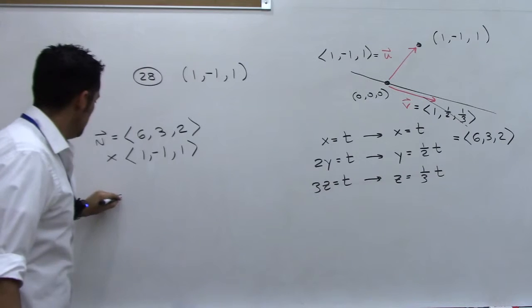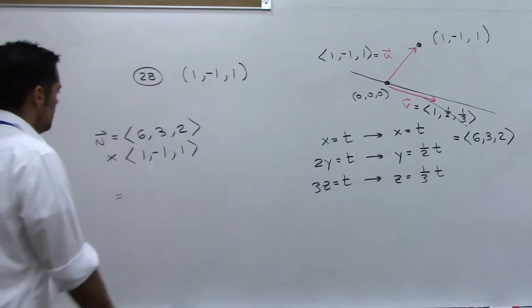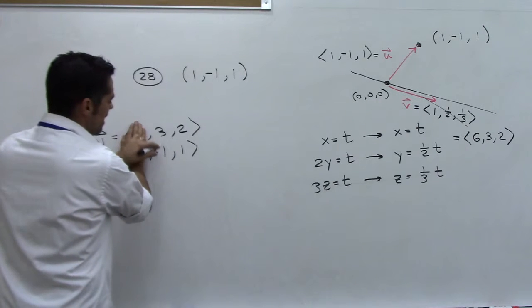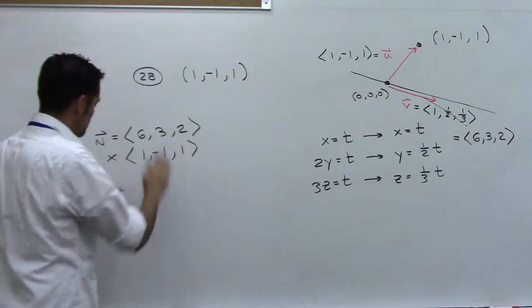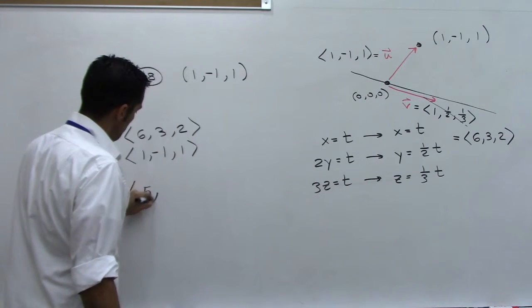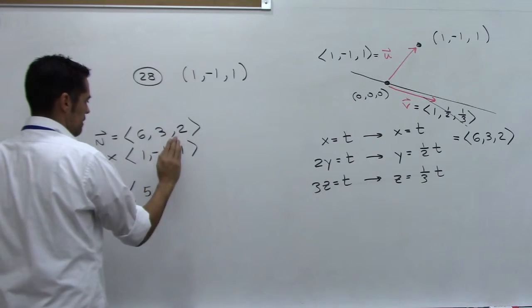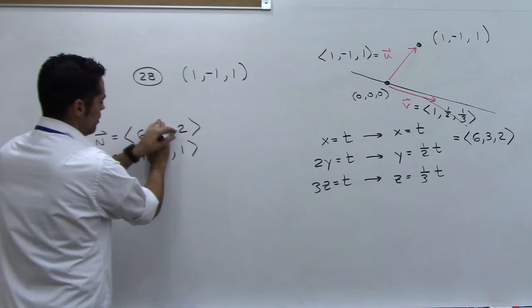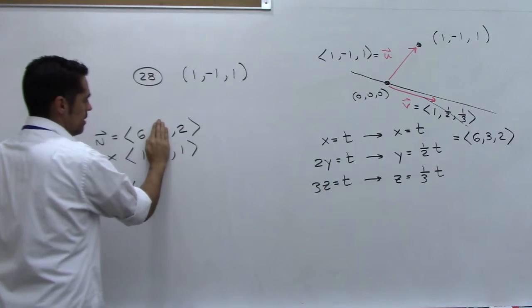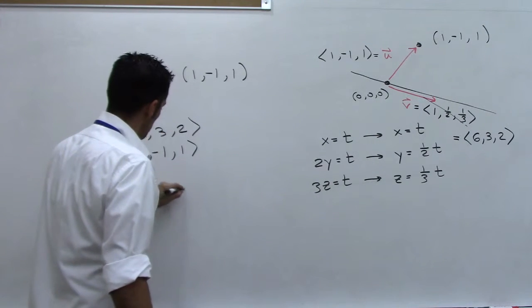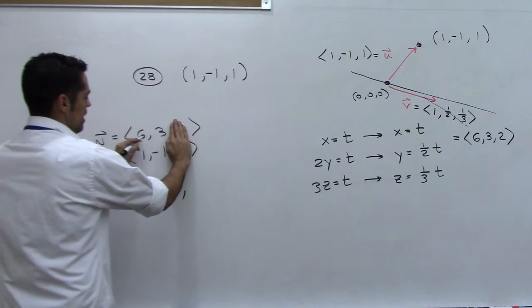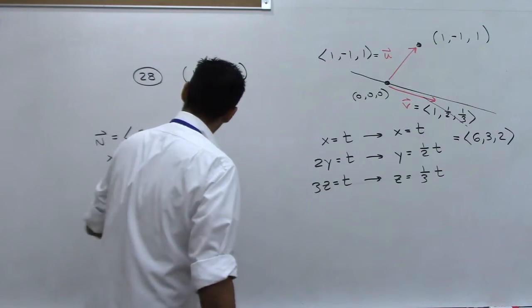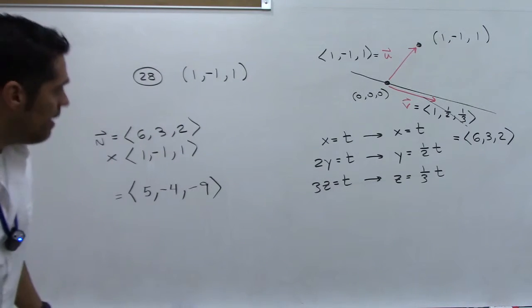And that will be equal to, let me take my time here. I'm going to cover this up. This is 3. Take away -2, that's the same as 3 plus 2, that's 5. And then cover up the middle, right? 6 take away 2 is 4, but then subtract it, so -4. And then cover up this one. -6 take away 3 is -9. And so what I should have here is